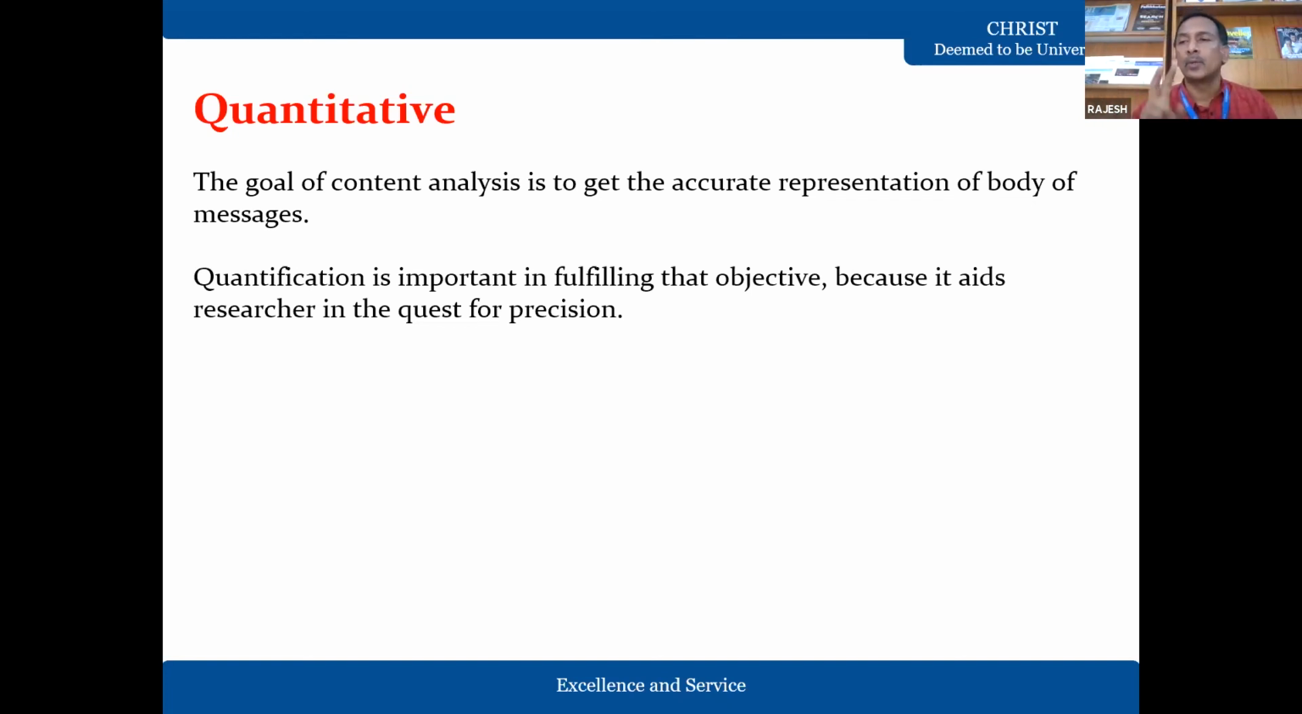I need to ensure that 200 students from media studies, 200 from science, 200 from engineering, 200 from law, and 200 from management are part of it. Now, within these 200 students, I need to ensure equal representation of gender and all the other aspects as well. So random sampling is, for example,